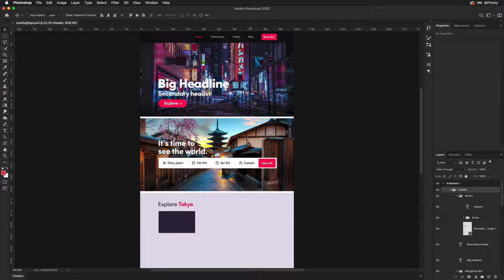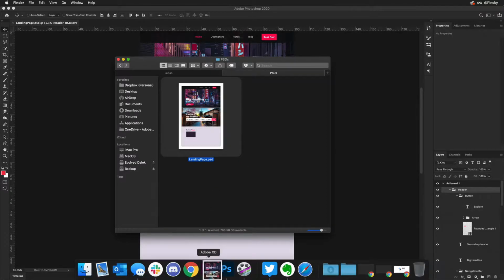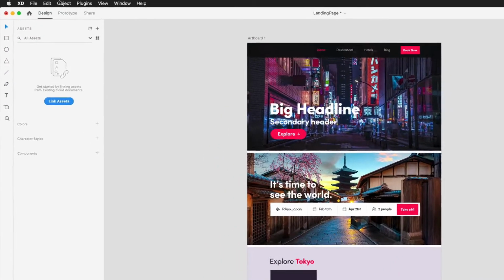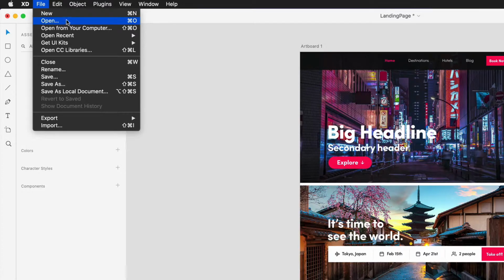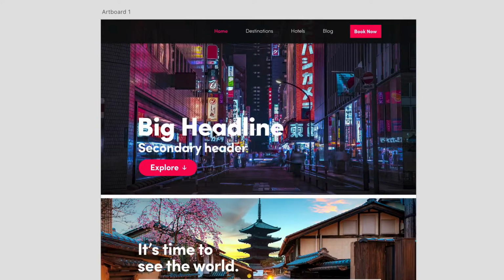Opening your Photoshop documents in XD is as simple as opening your XD documents in XD. You can drag the file right onto the icon, use the Open option under the File menu, or if you're already working on a document, the Import option will load in your design to an existing artboard. Once it's all loaded in, you'll notice that just about everything transferred over correctly, allowing you to seamlessly continue your designing using many of the features that make XD shine.